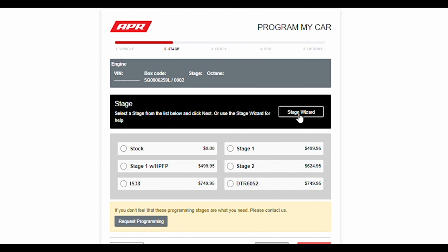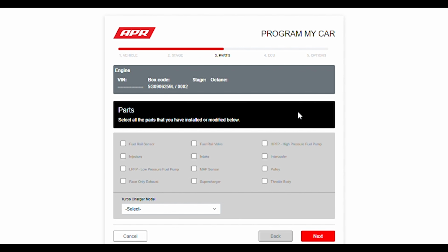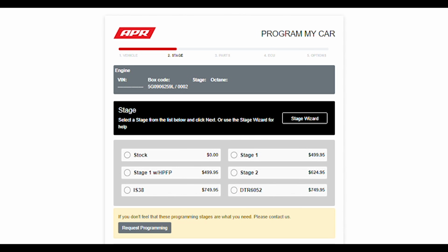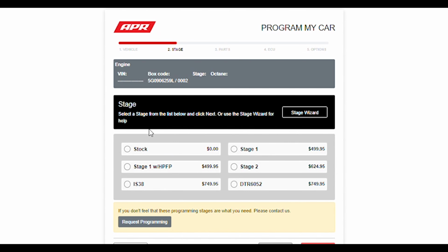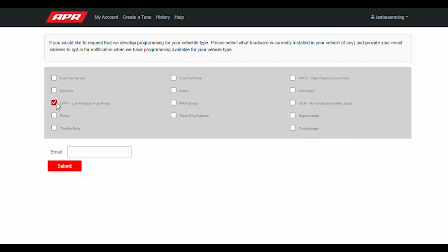Use the Stage Wizard if you need assistance based on your car's modifications. In some cases, we won't have a file for your specific ECU and/or modifications. If that happens, you'll be presented with an option to submit a request. Just fill out the information and we'll contact you when the software is ready if you opted into the email